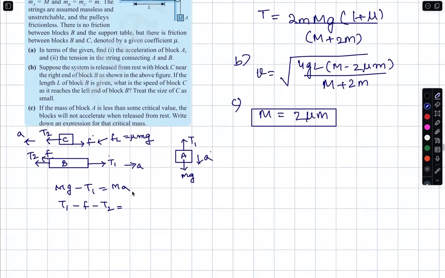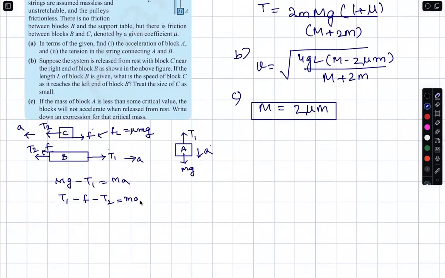What is the mass of B? Small m. Small m A. By the way, the above, T2 minus F is equal to ma. Agreed, please? For each free body diagram, I have written one equation. The only possibility is that